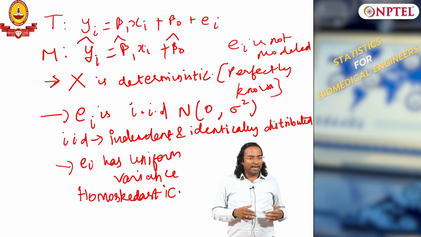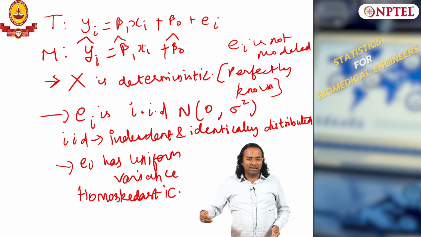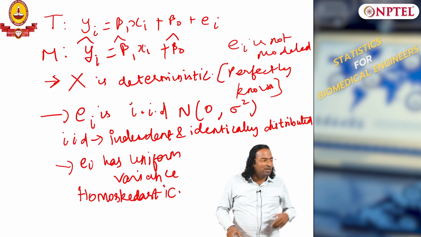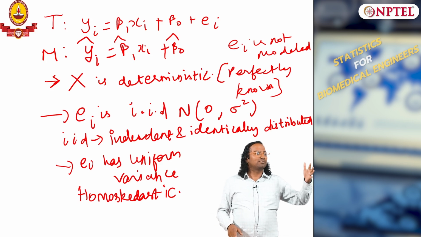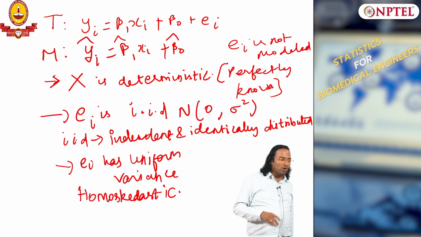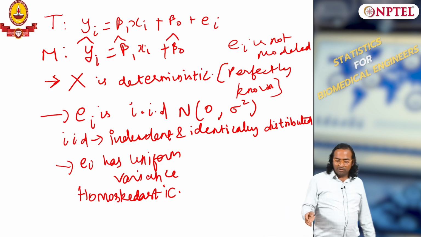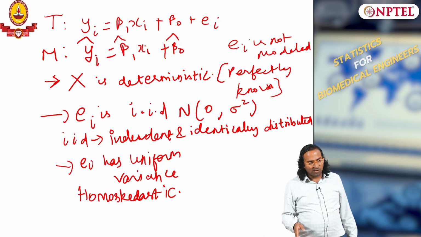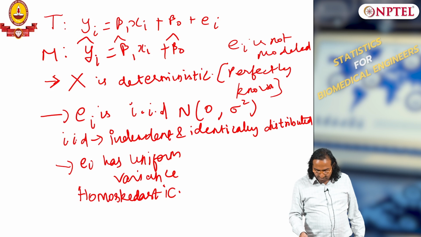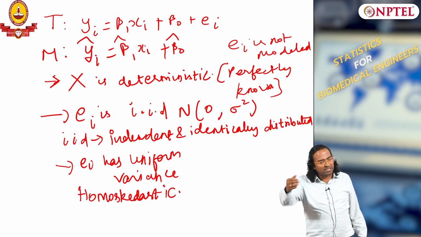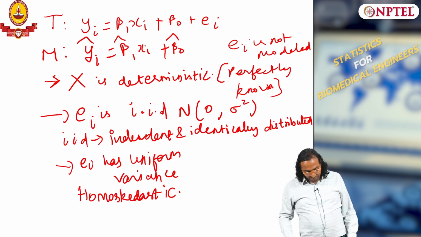If you think x is not the only thing, and there is something else that can be explained, you can fit a noise model, and then you go for different methods. We do not fit a noise model here, but if I relax that assumption, then I can fit noise models and you get different methods.